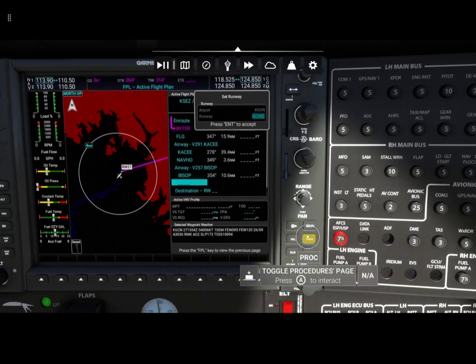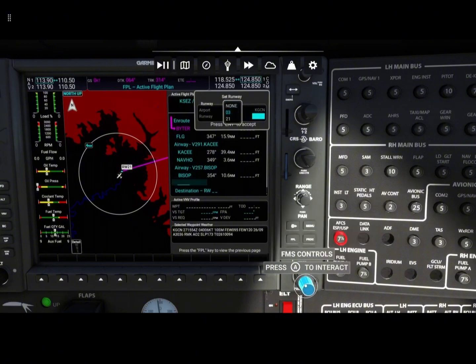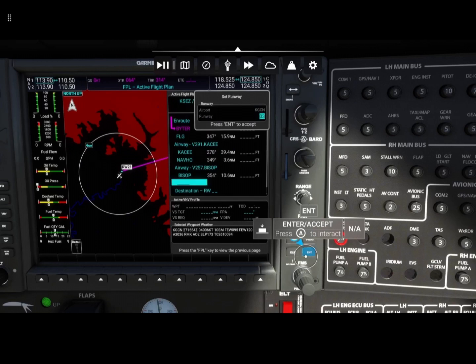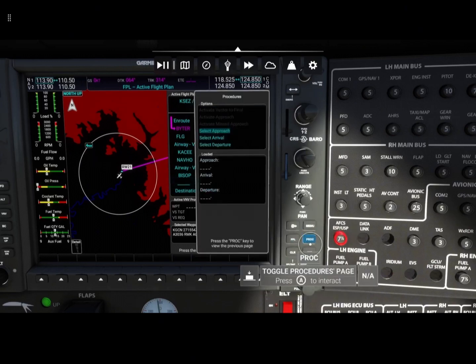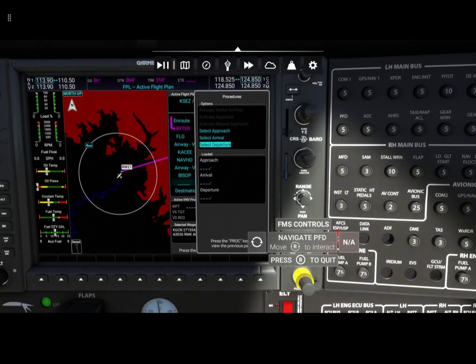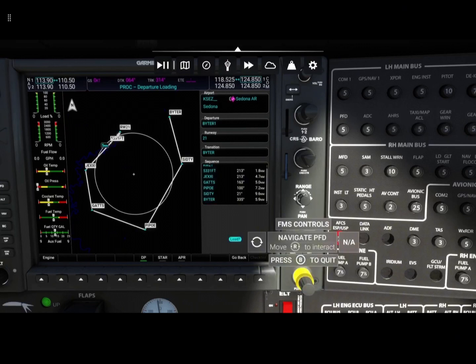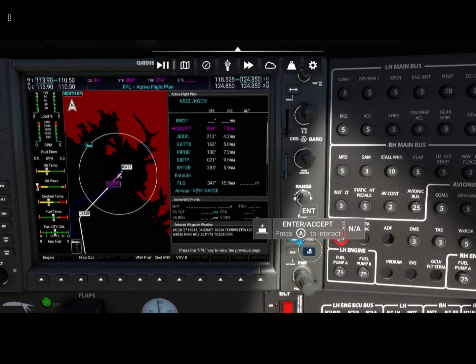We've got to choose our runway. What runway is it? Runway 3. So we're going to highlight it. We're going to push enter. There we go. Now we good. Now let's click the procedure button. Let's select our departure first. Push enter. There's only one to choose from with this airport, so that's the one we're going to do. Now we can scroll down to load. We're going to click load. That's done. Now we can press procedure again